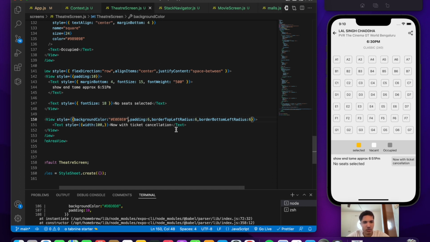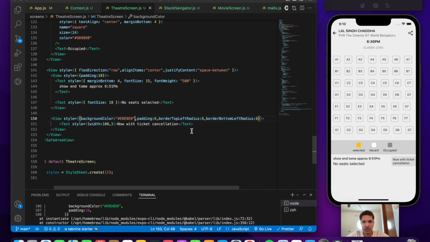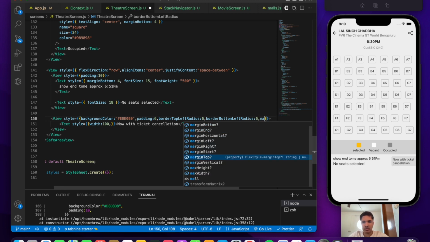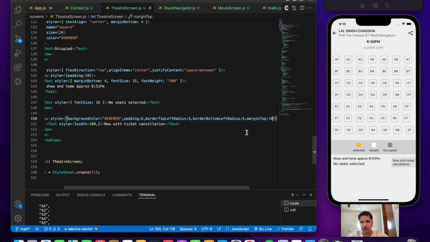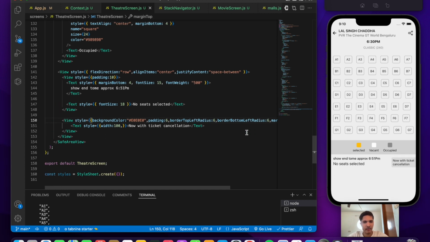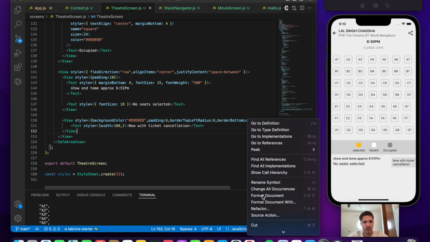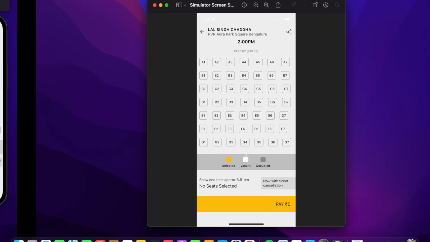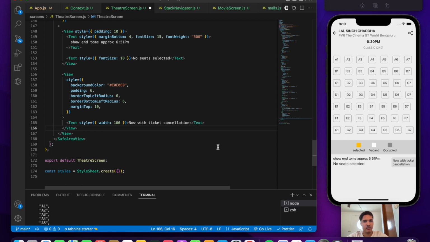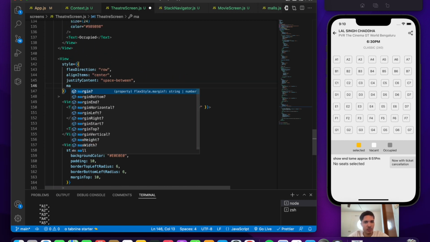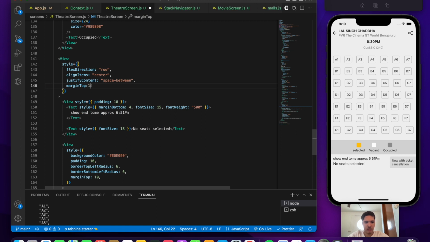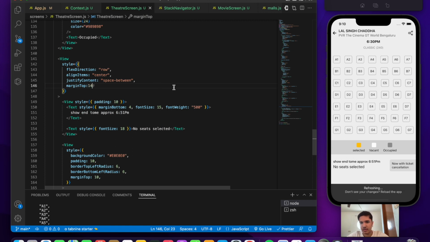So over here to this view which contains the text that is now with ticket cancellation, let's provide some spacing on the top. Okay, so margin top of 10. All right, and now what we do is, I think it is pretty clean, but we also should increase the spacing for the second view. Okay, let us give an overall spacing on the top to the top view over here, 14. Yes, okay,